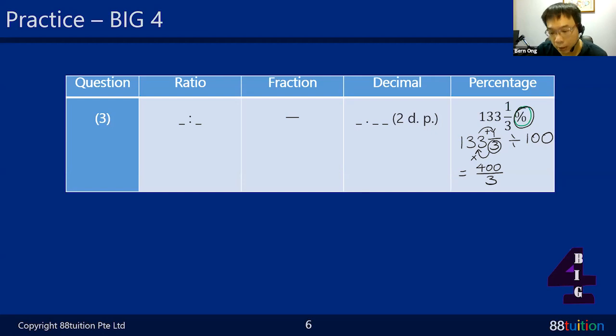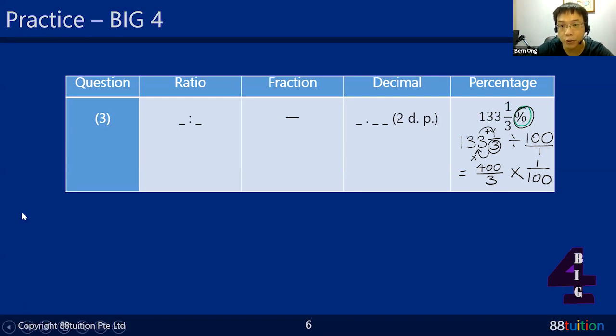And divide by 100 means what? Divide by 100 over 1. P5, P6, you know this already, don't bluff. Fractions, you cannot divide. You must change the divide to a multiplication. So you change it to a times. The 100 over 1, you flip it to become 1 over 100. So you flip the back portion.